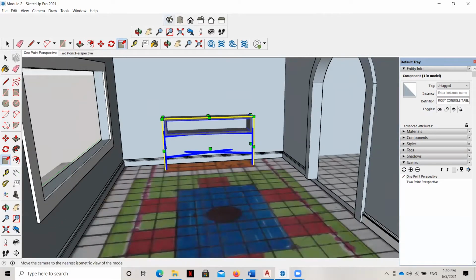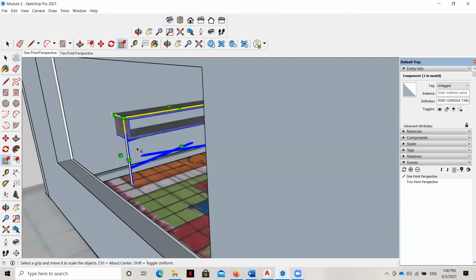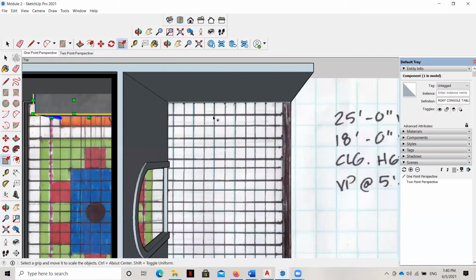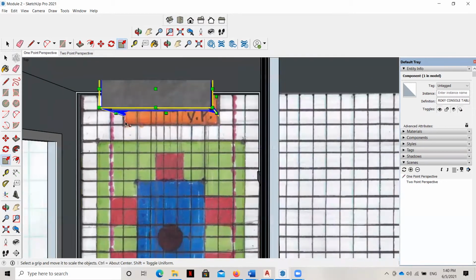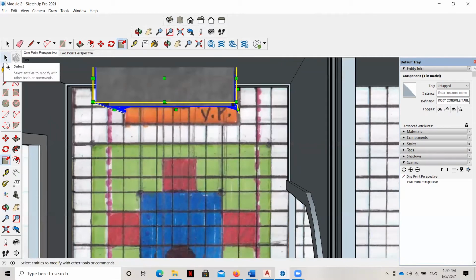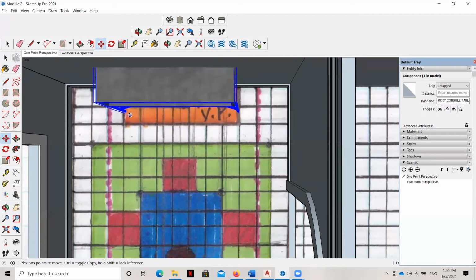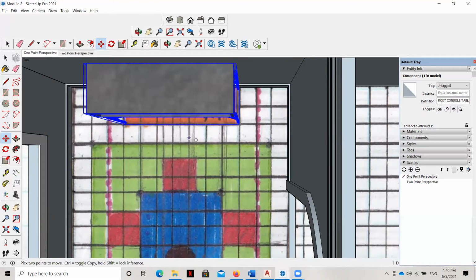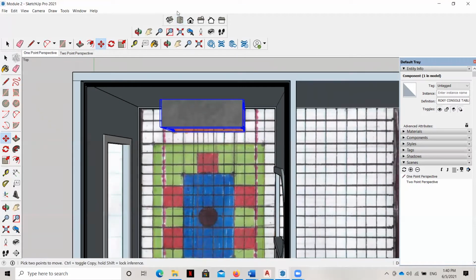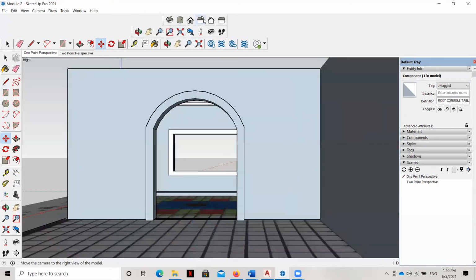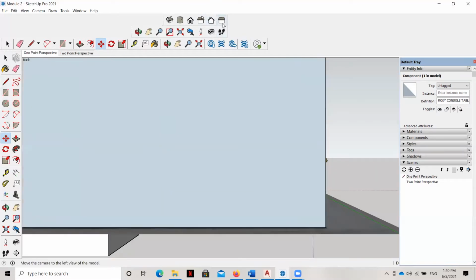We just want to get it in the right position and to the right size by using the move commands and the scale commands. We'll reduce the height just a little bit more, but let's see what we can see from our various views here.